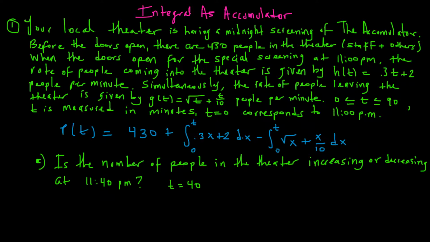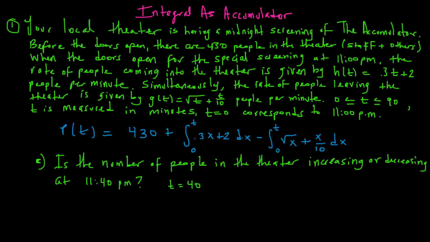One thing to not do, and one very common mistake, is students say, well, let's take a look at what's happening right before the 40-minute mark, and then let's take a look at what's happening right after the 40-minute mark, and then let's compare the two numbers. So some people use, let's say, 39. They plug it in here, because remember, this equation gives you the number of people in the theater, right? So they'll put 39 here, and then they get a number, and that's how many people are in the theater